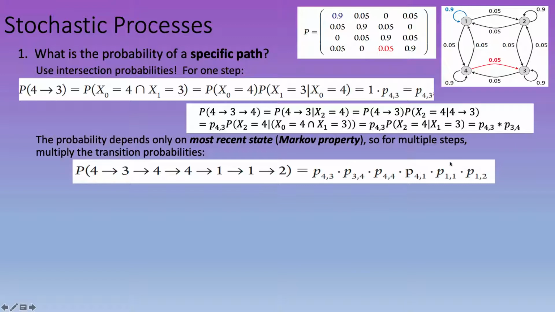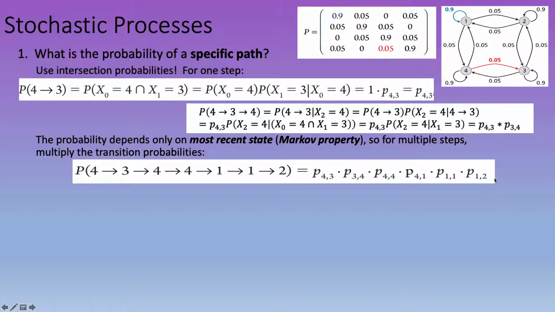and is able to multiply itself out like this. So as we think about what are the probabilities of me going from 4 to 3, then 3 to 4, then staying in 4, then going from 4 to 1 and staying in 1, and then going to 2. So the probability of this specific path through this diagram, so 4 to 3, then back to 4, then stay in 4, then 4 to 1, then stay in 1, then end up in 2, is